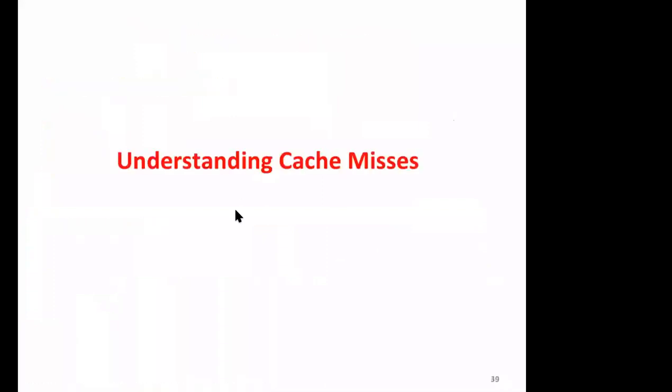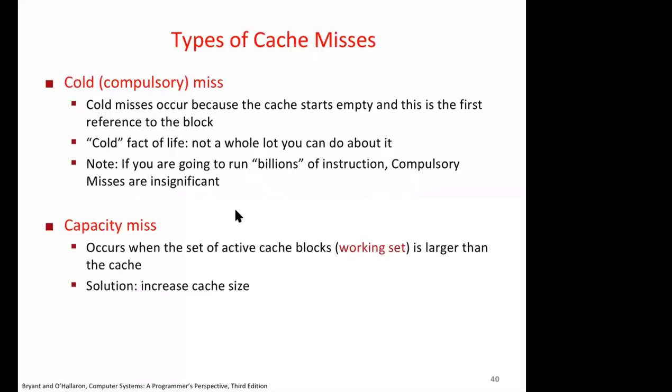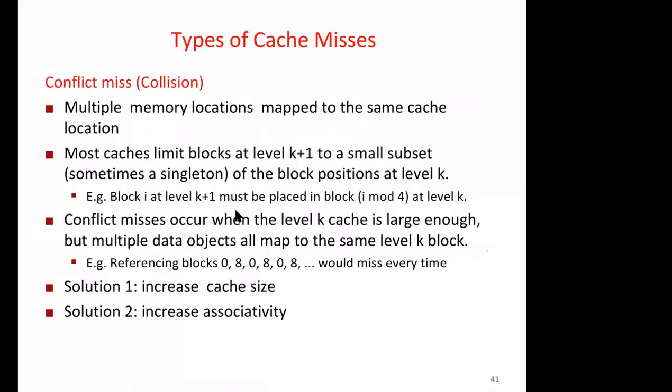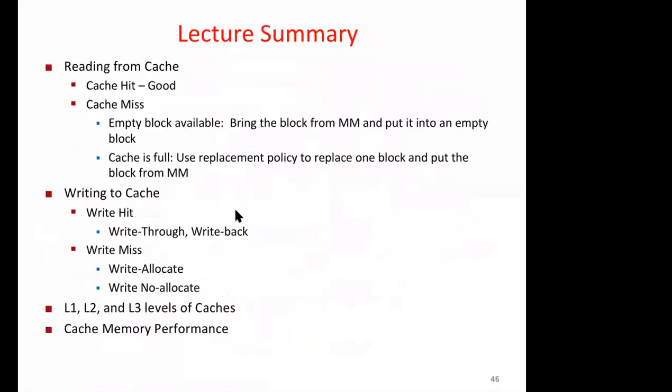Let's stop here because we have a few minutes left, and we'll start in the next class by looking at some of the behaviors. What are the different types of misses? For example, cold misses, when you are booting or starting up. Capacity misses mean that your working set, something your program is using frequently, is not there in cache. Third is conflict misses. We have seen in direct mapped cache there are conflict misses or collisions. We'll see some of these behaviors.